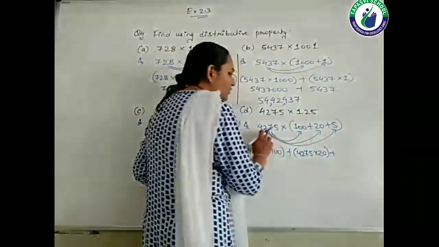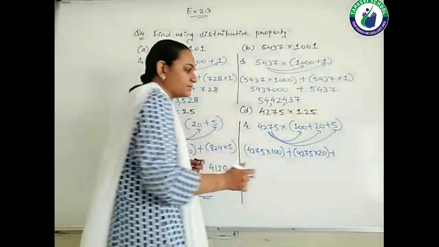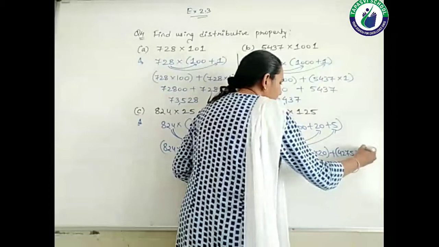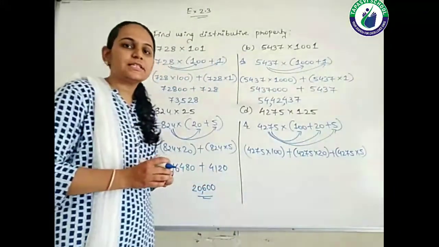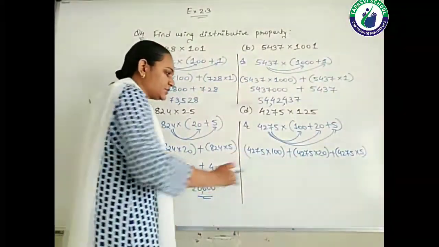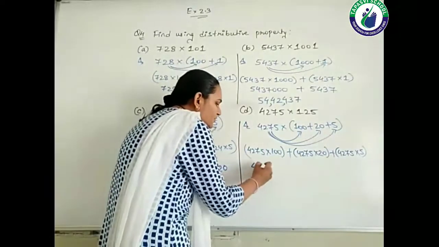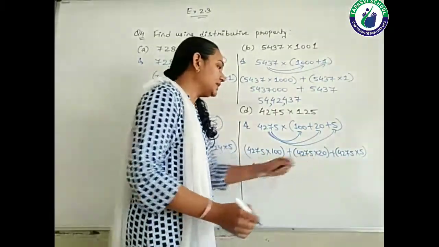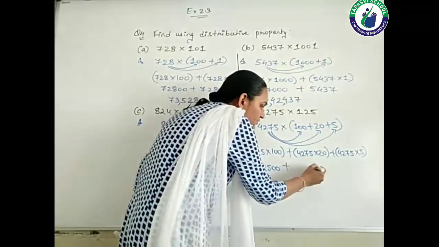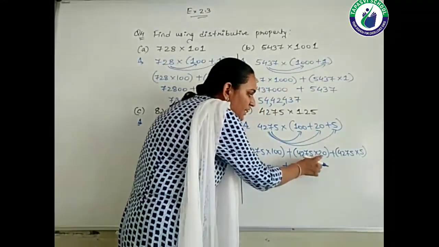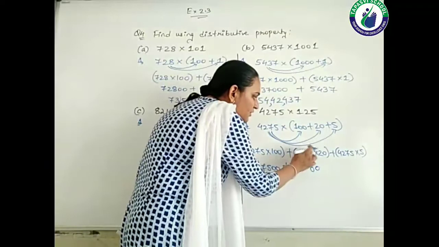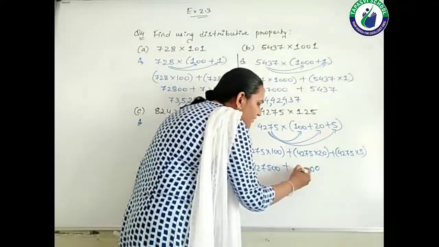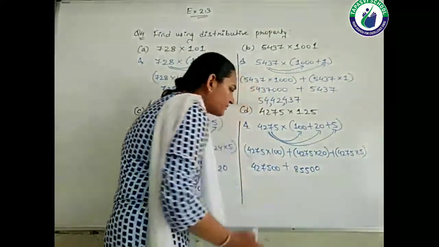And the last one, 4275 with the 5. Right students? Now let's see the multiplication. First one is 427500. Next one, we have to multiply this. I am putting first one zero of this, 0. Now 2 5s are 10, 2 7s are 14 plus 1, 15, 2 2s are 4 plus 1, 5, and 2 4s are 8. Right?